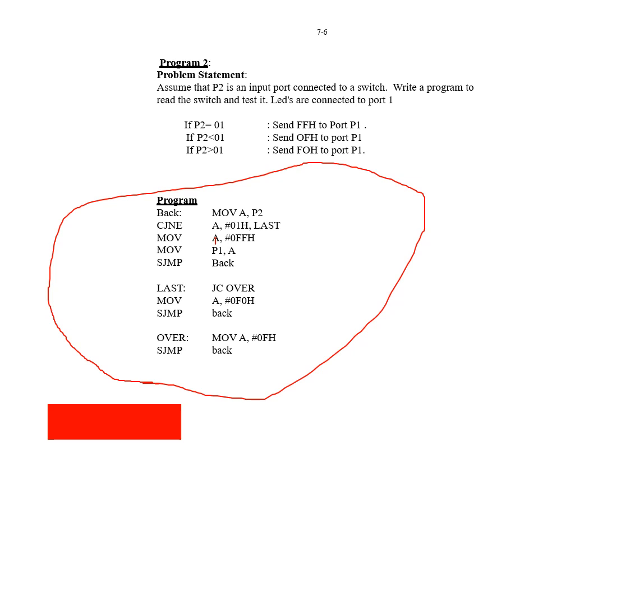So CJNE is very simple. It will compare the A register with the data. If the register and the data are equal, it will continue. If they are not equal, it will jump. After jumping, it will check the carry flag. If the accumulator is less than the data, the carry flag will be 1. If the accumulator and data are equal, the carry flag is 0.